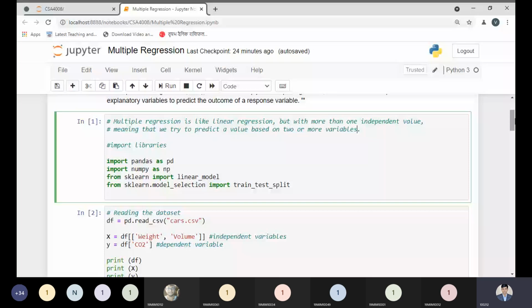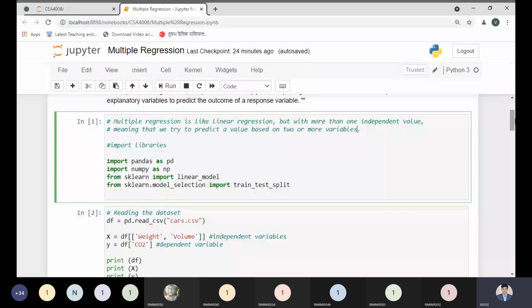See, in multiple regression, what do we mean by multiple regression? I am speaking once again. Multiple regression means multiple linear regression. In multiple linear regression, we are following multiple independent variables. We have more than one independent variable, also known as explanatory variables. From the multiple independent variables, we decide the prediction, and the prediction is made by the dependent variable only.